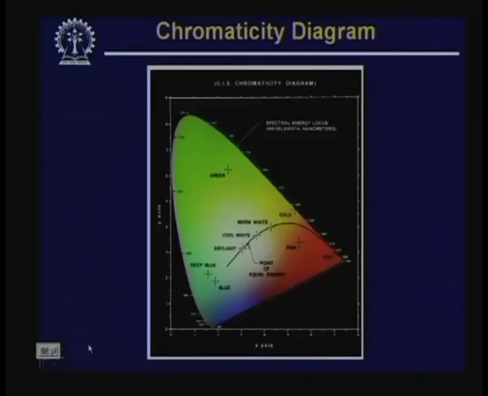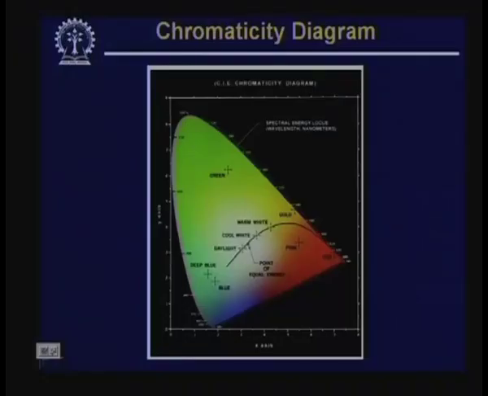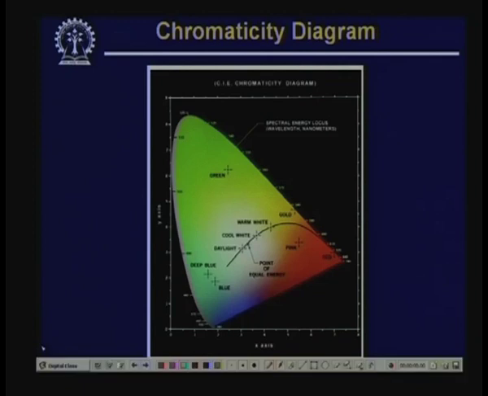Then we have also seen what a chromaticity diagram is, and we have seen its usefulness. The chromaticity diagram is useful mainly to identify in which proportion different primary colors are to be mixed together to generate any color. So, if I take 3 points in this chromaticity diagram, say one corresponding to green, one for the primary red and the other for the primary blue, then given any point within this chromaticity diagram, I can find out in which proportion red, green and blue are